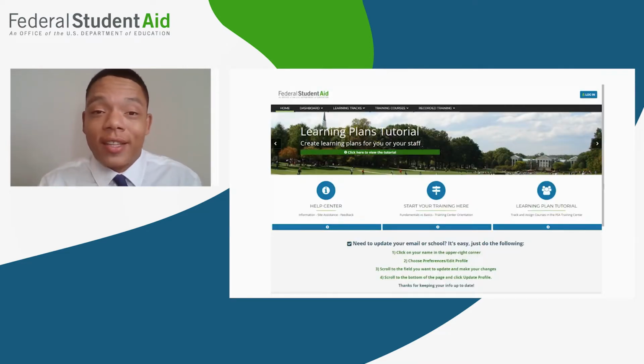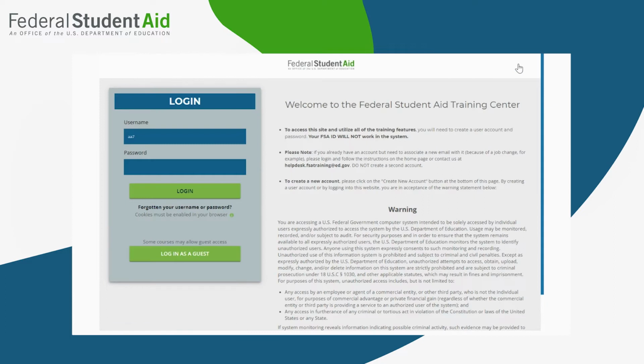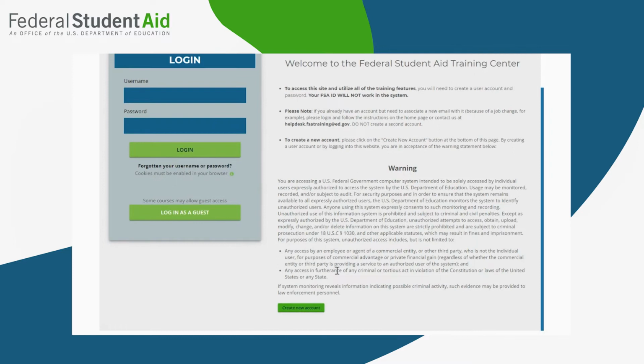Now, once you navigate to the FSA Training Center, you can begin by clicking on the login button in the upper right-hand corner. Now, I know you've already established your username and password, so if you've already done that, go ahead, log in, do your thing. But if not, you want to scroll to the bottom of the page and actually select that Create New Account